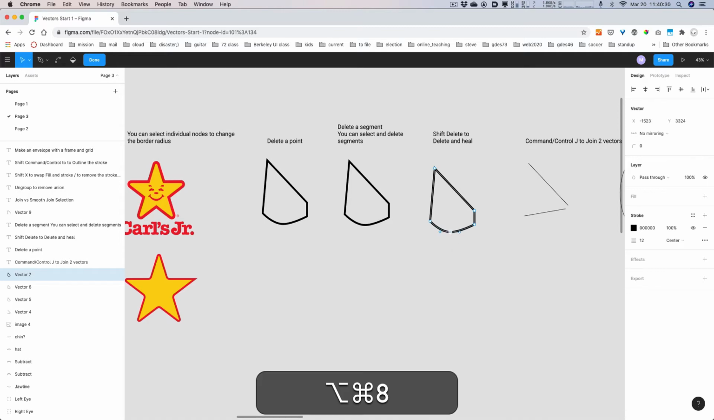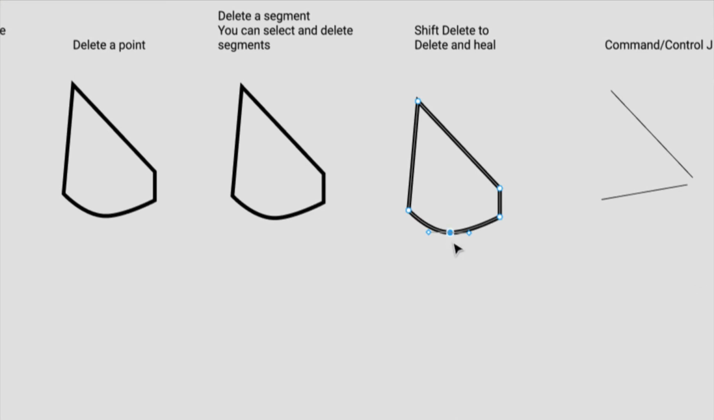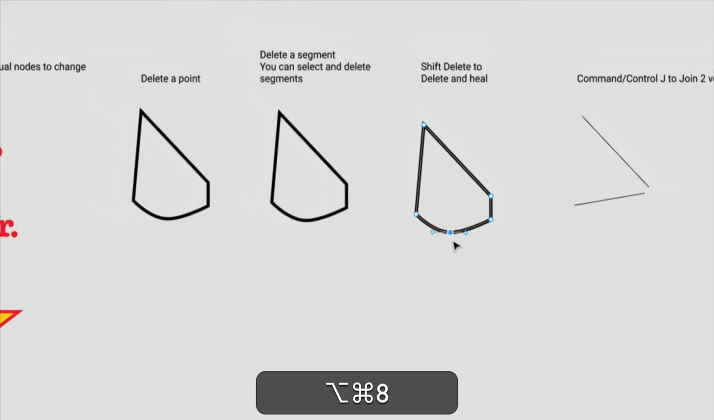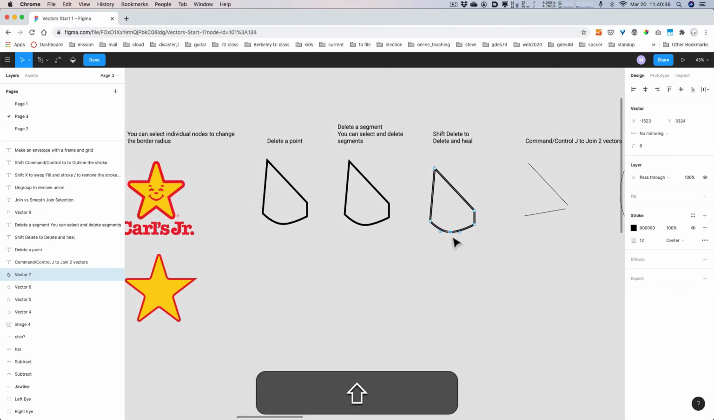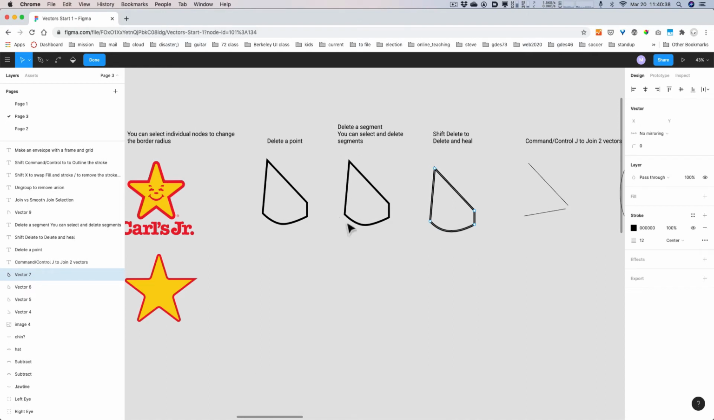I'm going to zoom in, show you guys. So I select that one point, right? Or whatever point I want. And now if I hold down shift and delete, the segment doesn't go away, but the point does. And so these guys get adjusted, right? So if I look back at this one,